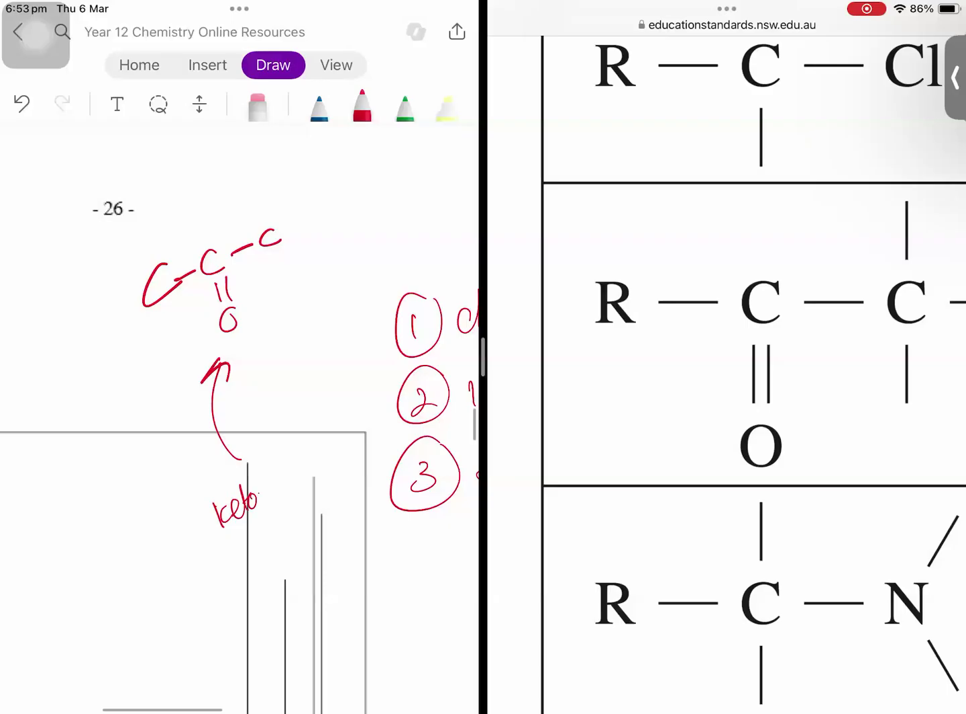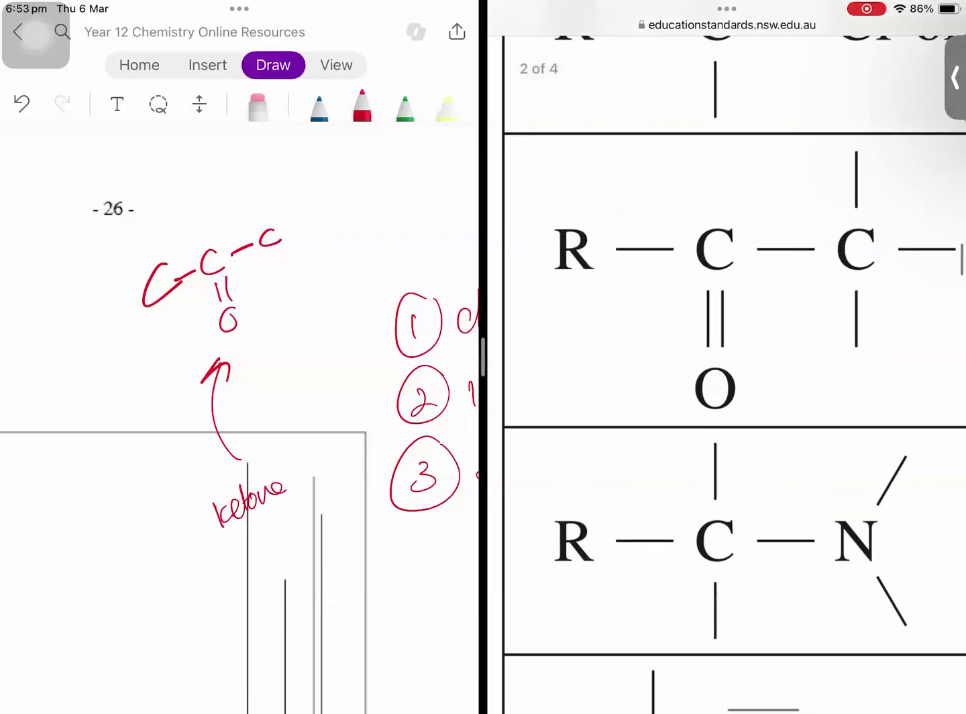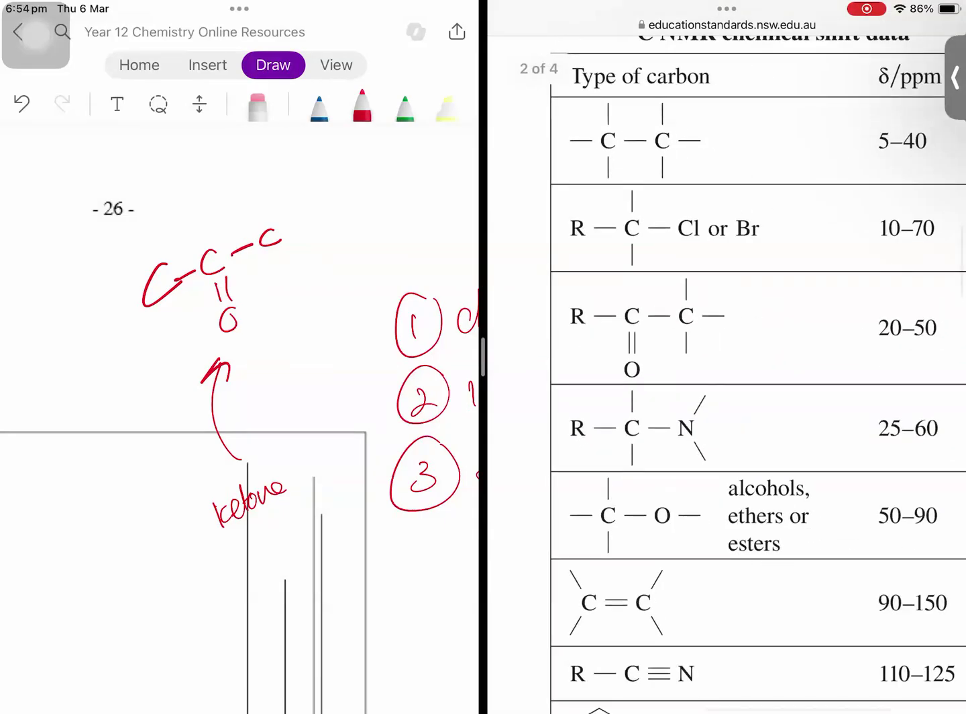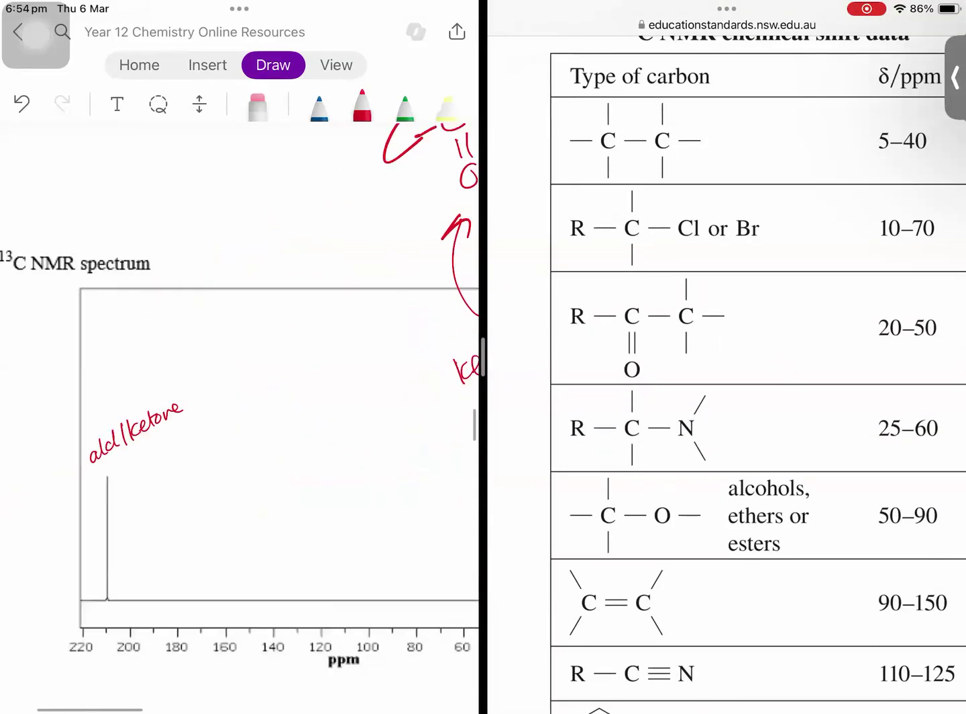So guys, be careful with this one. From what I've seen, most students don't find this out in class. You get told in class R is equal to a carbon chain, but most of the time they don't explicitly tell you to put the R in here and realize that it's a ketone. But you know now, this is your advantage. So that's a ketone, which means,